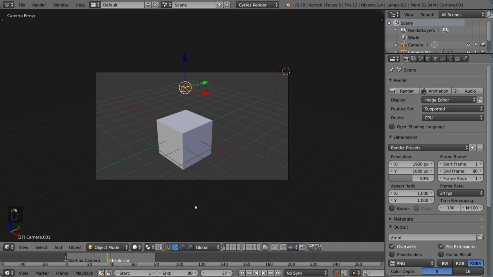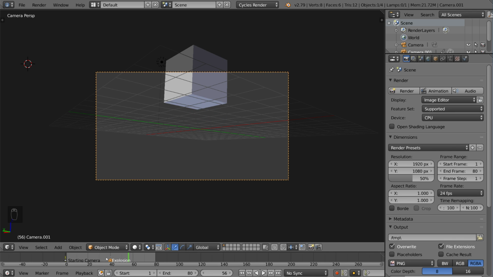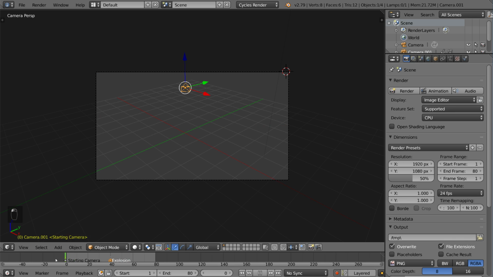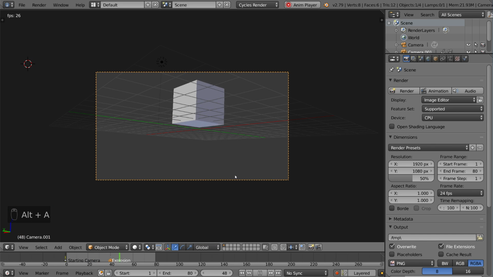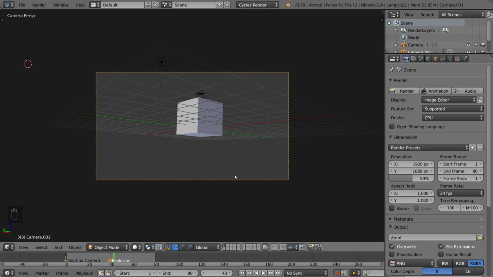So let's go ahead and select that camera, make sure this explosion marker is selected, and then hit Control B again. And now it will switch to the other camera the moment the cursor passes the marker. So it is a very, very helpful tool that you can do all in the timeline as well. So that's it for the timeline overview. I hope you guys found this helpful.